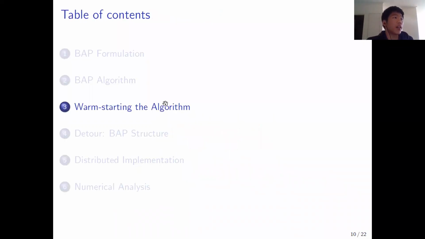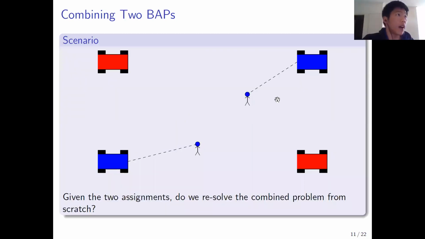Okay, so that's how the algorithm works. Now I'm going to talk about some things that we can do with this algorithm. The first one is we are able to warm start the algorithm. And what I mean by that is, if I were to have 2 separate BAPs, a blue problem and then a red problem, and I were to solve this blue problem according to the BAP and come up with a solution for the blue problem, and then do the same for the red problem, solve the BAP,